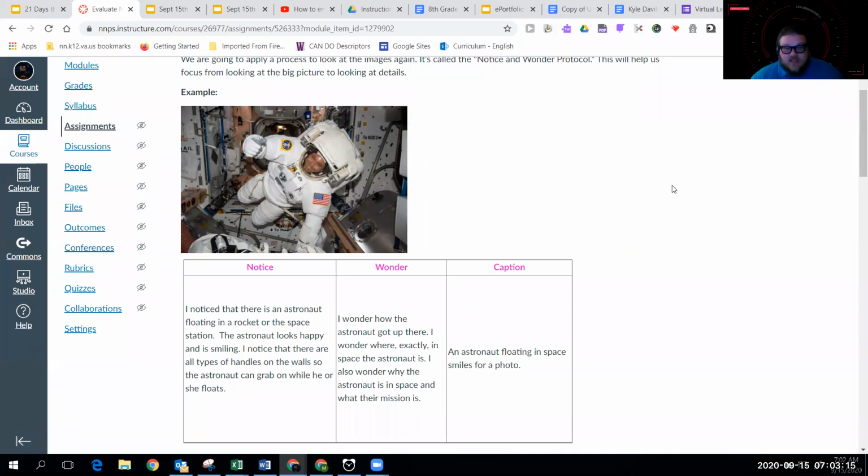Is this inside of a shuttle? I also wonder why the astronaut is in space and what the astronaut's mission is. You know, we don't really think about that, but astronauts go in space and they do experiments, and they do high school experiments. Like some high schools submit experiments and they want to test them out, and the astronauts will